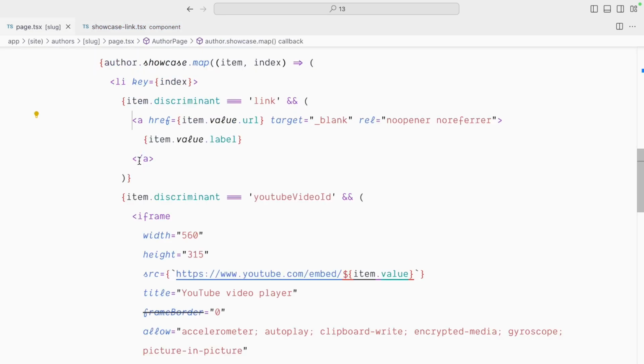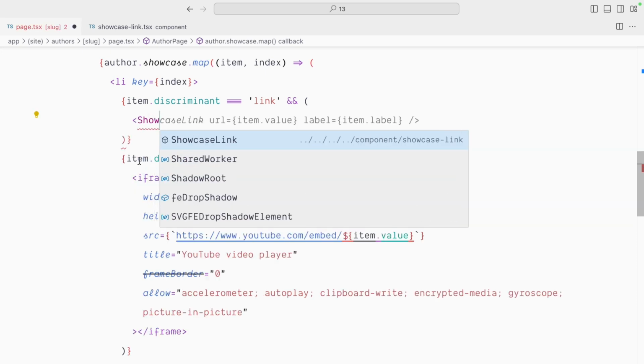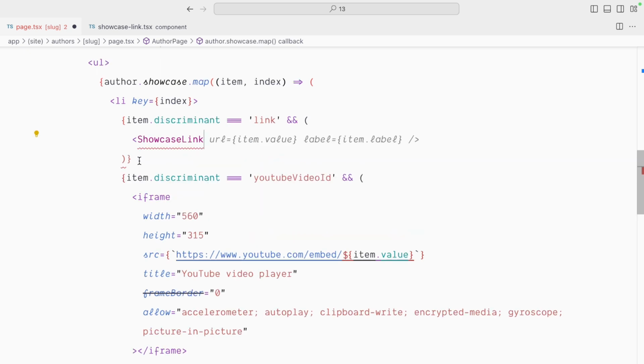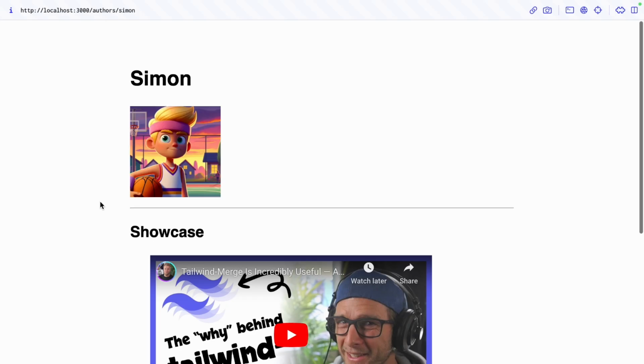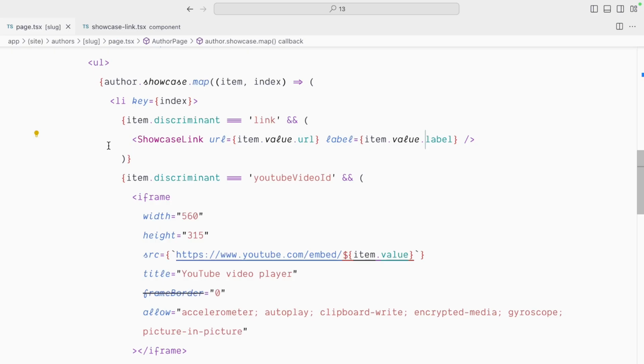Now in our authors page, let's get rid of that. And instead, we're going to import the showcase link component we've just created and pass the URL and the label. But let's not get confused by Copilot. This is item.value.url and item.value.label. And if we check an author page, this still works, everything shows properly,